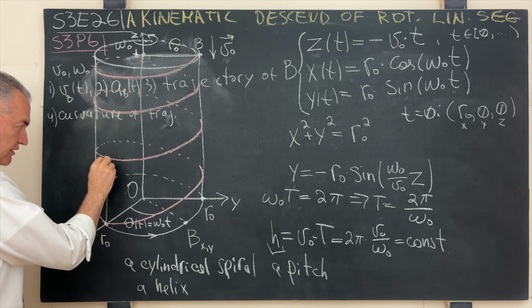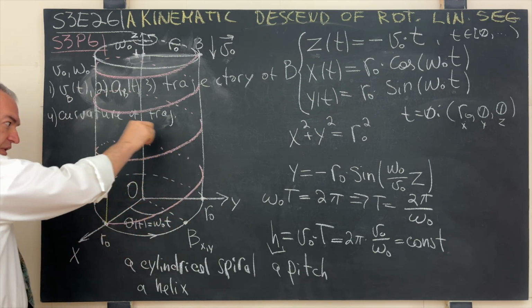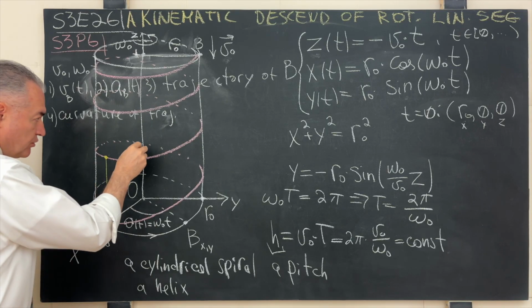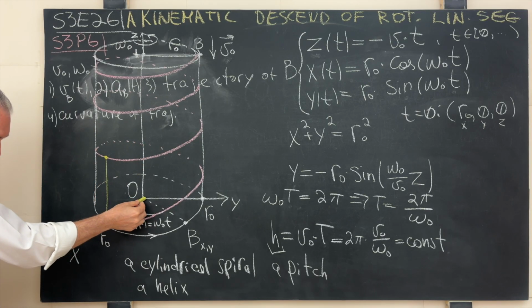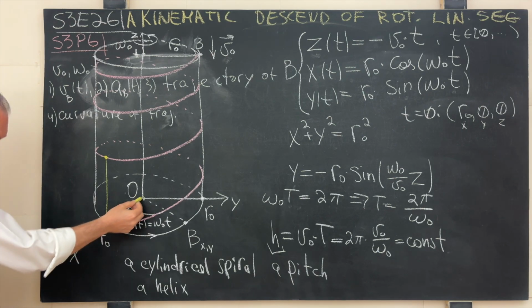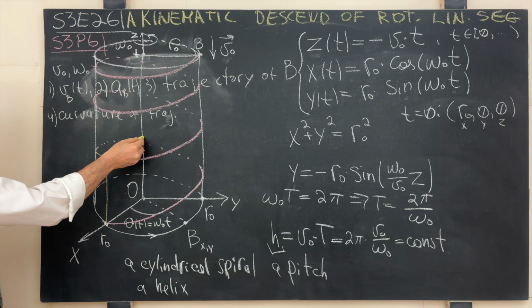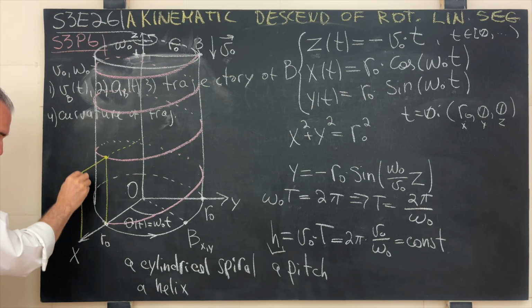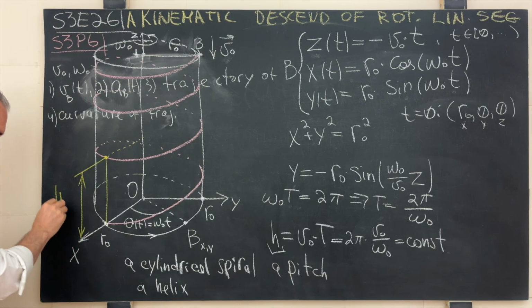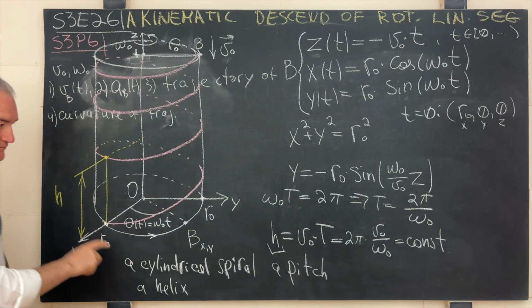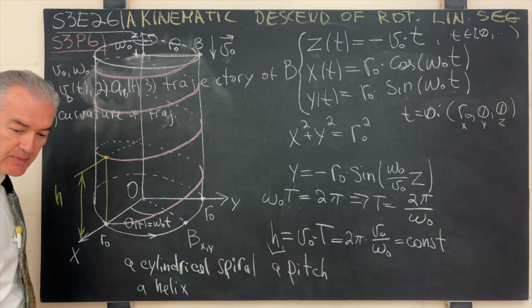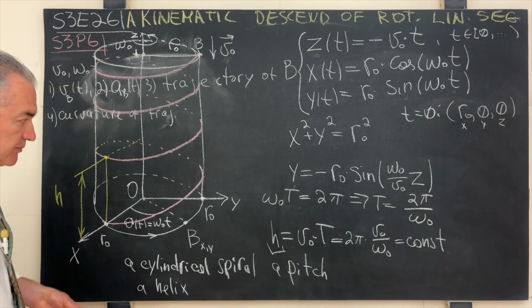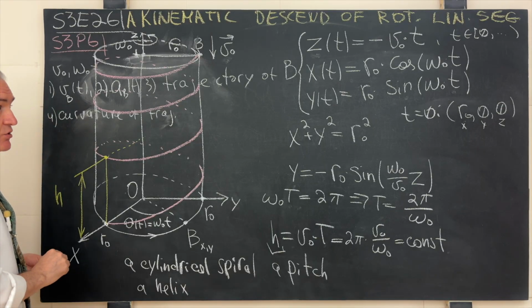Right here, the point will find its way into this. So if we construct a straight line parallel to, let's say, the positive branch of the x-axis like this, then this distance right here will be precisely h. This distance right here is h, and because both types of motion